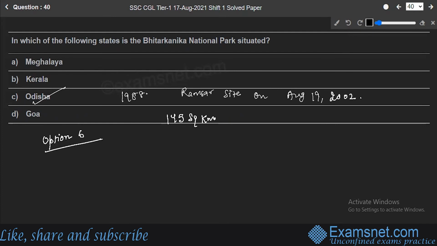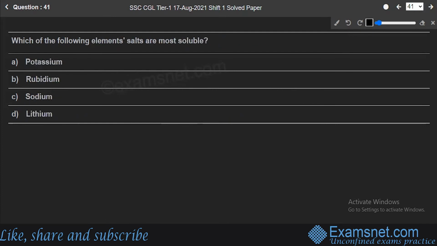Then let's move to the next question, number 41. Which of the following element salts are most soluble? Is it potassium, rubidium, sodium, or lithium? Which is the correct answer? See, among all these, sodium is the one which is most reactive, and the sodium salts are most soluble also. Sodium salts are the salts composed of sodium cation and the conjugate base anion, for example, chloride ion